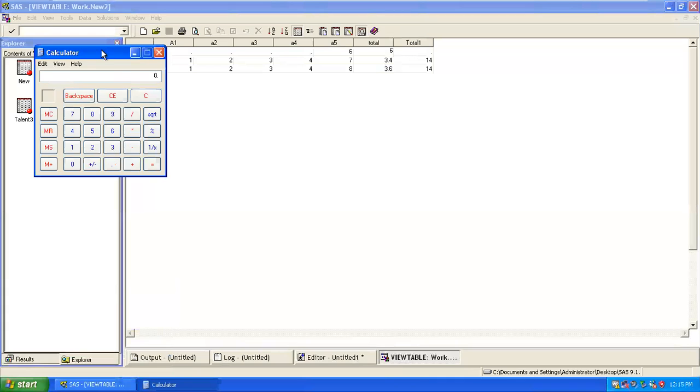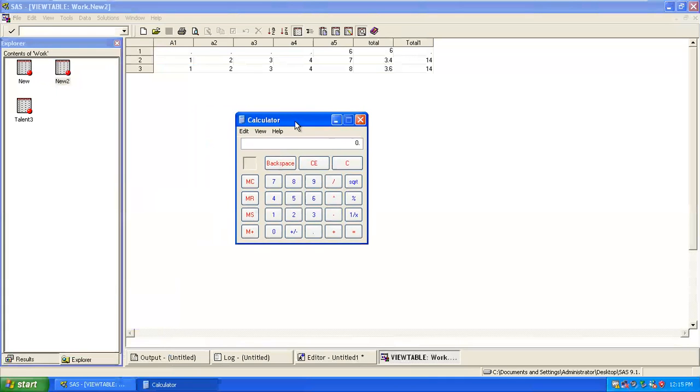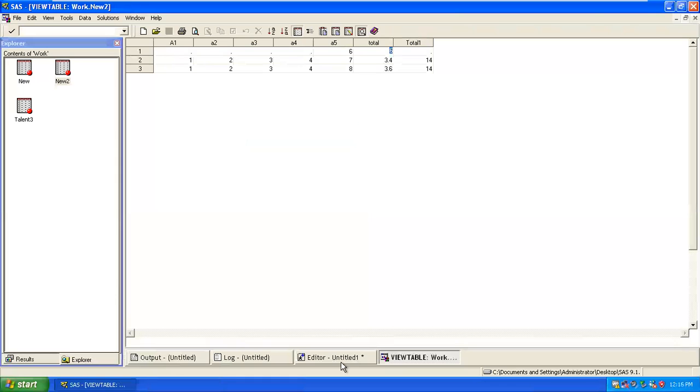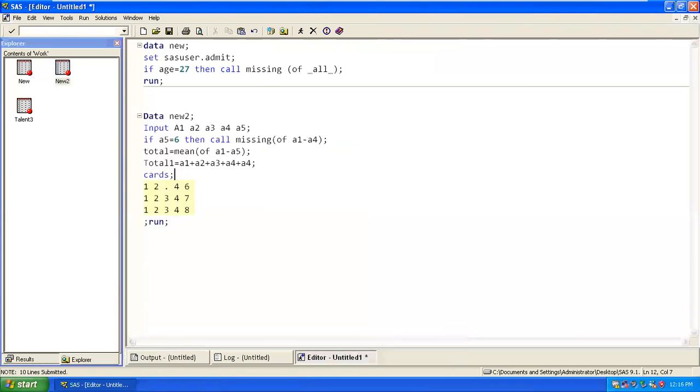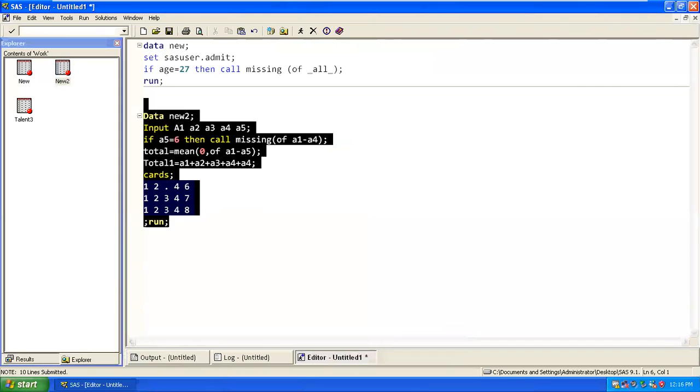Okay, total1 used sum. Because we won't get a mean for this, since we have only a single value. Yeah. So we should have a mean by dividing by the number of values. So when I replace it using this, I'll have a different mean concept for all. If I replace with 0 by this, now we'll have a different mean.